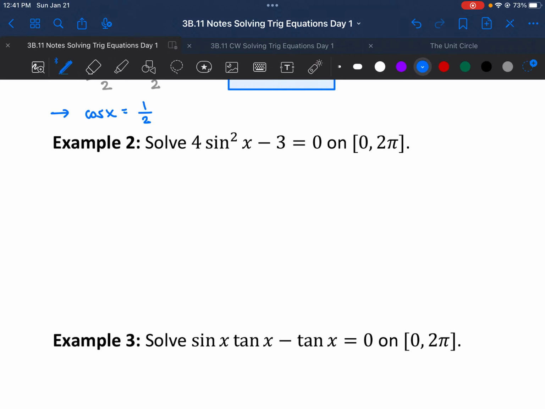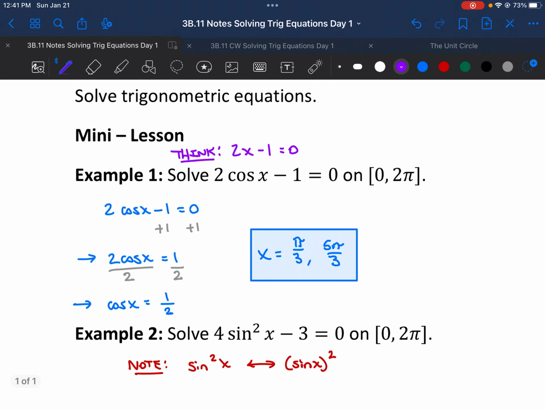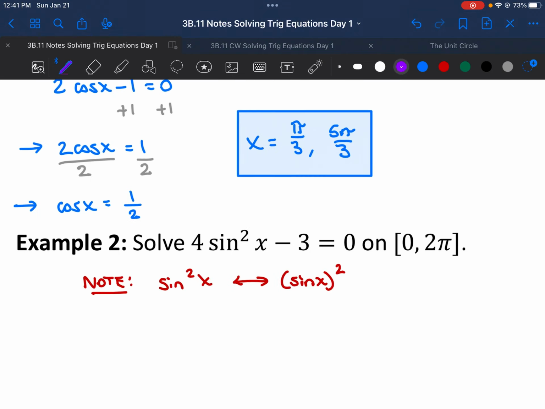Now, one little note that I'd like you to have in your notes here. When you see this sine squared of x, sine squared of x is the same thing as sine of x squared. Okay, it's the same exact thing. So again, just like we were previously, I told you kind of how to think about this when solving it. The way we want to think about this one,